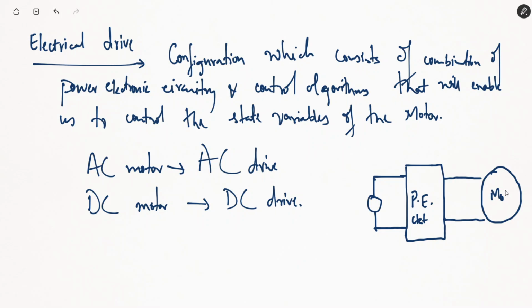And we have a motor here. Now we are controlling some parameter of this motor, whether it's current, speed, or flux. That will be the measured parameter here, and that will be compared with a reference parameter, and through a controller we'll be actually controlling the power electronic circuitry: the gating, the switchings, the duty ratio, the gating pulses, the pattern of the pulses of this power electronic circuit. Accordingly, we'll be able to control the speed, the current, or the flux of the motor.